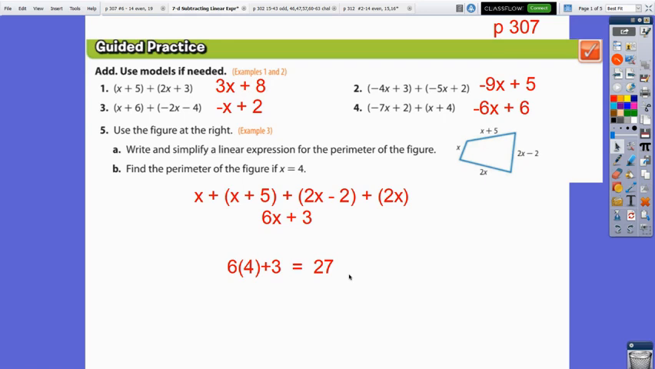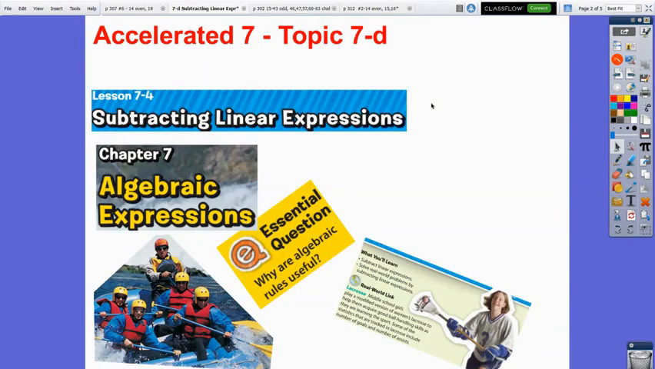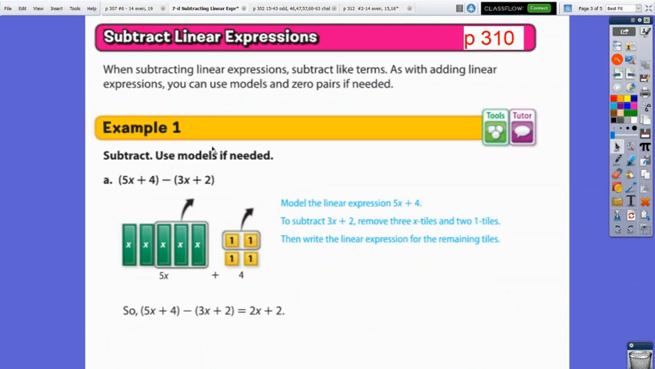So, like we do with lots of things, when we look at subtracting, subtracting gets a little bit tricky because of having to take away things. Not so easy to model. Okay, so here it says when subtracting linear expressions, subtract like terms. I really don't like this plan, the subtracting like terms,